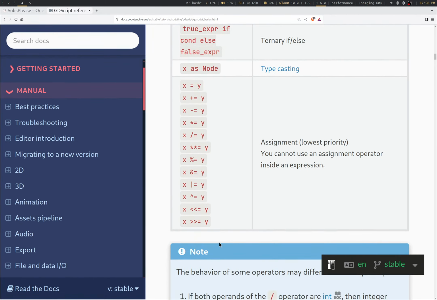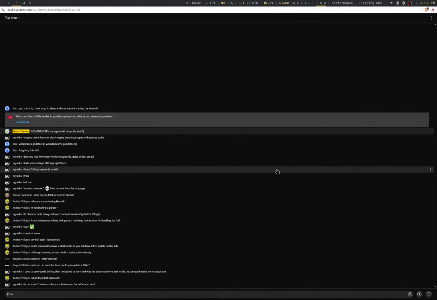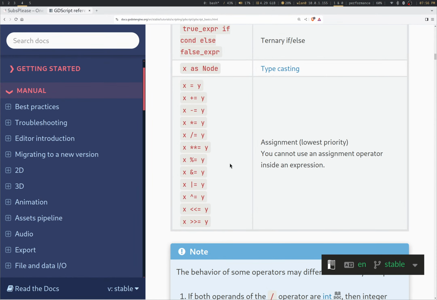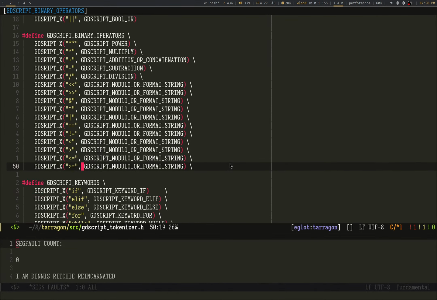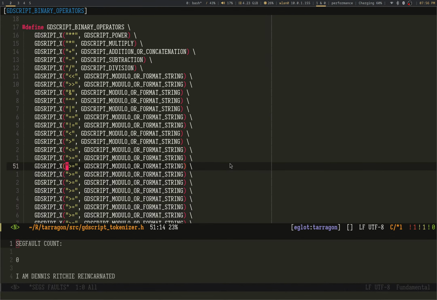That's covered. Assignment. Typecasting, I have as already, so I'm not worried about as. Assignment. There's POW assignment, GDScript complaining. We're going to need like 20 more of these. Paste instead. We should be really bin up assignment.